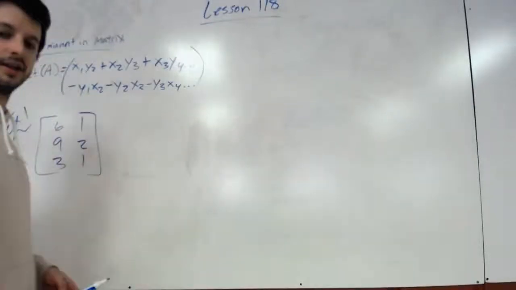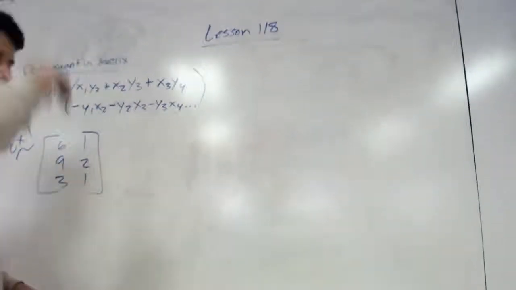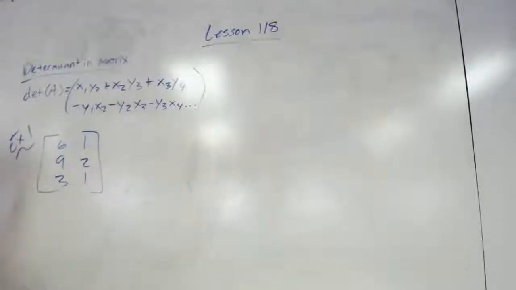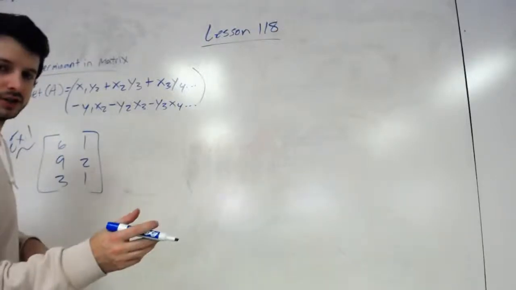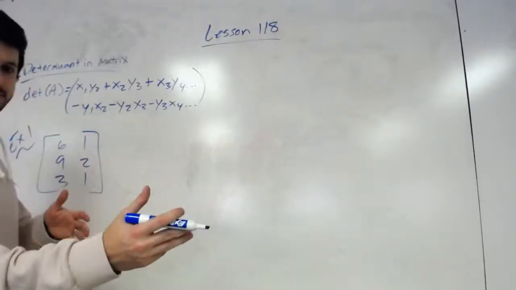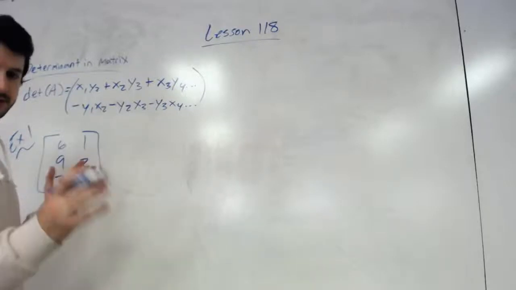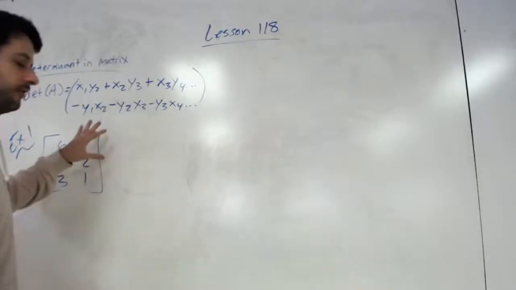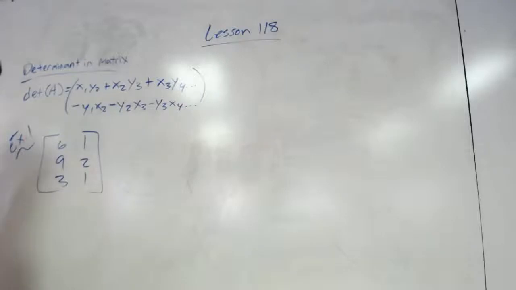In lesson 118, we're going to look at how to solve for what is called the determinant. And I'll show you how you can use this in a more geometric way in a second. But first of all, let's go over how to solve for the determinant. Now, let's look at the determinant of just a matrix first. The formula for finding the determinant, and we'll just use a variable, we'll call it A,